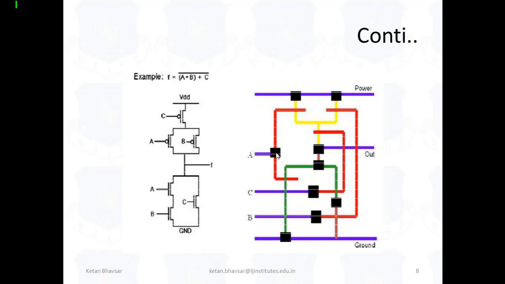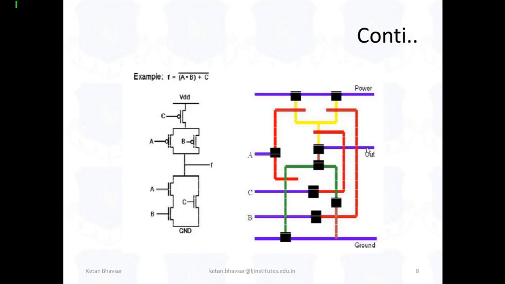We put a black color for the contact establishment, and for the PMOS we use a yellow, and similarly for the NMOS design we use a green color, and for the connection establishment we use a red to provide the conductivity between the path. As you can see, we are taking the black for the connection establishment, and then finally output.